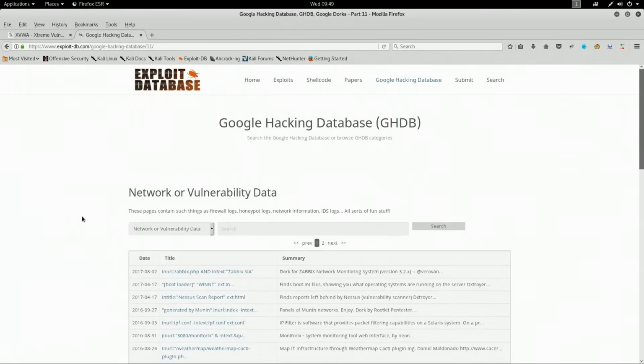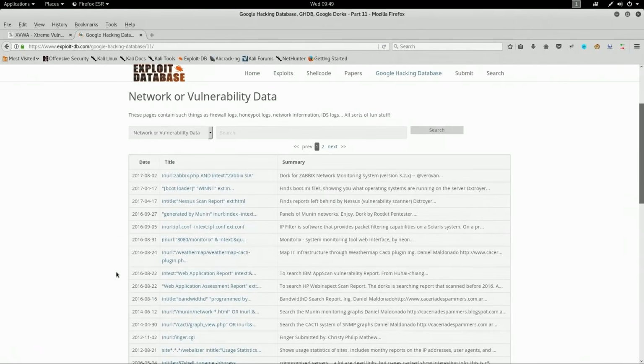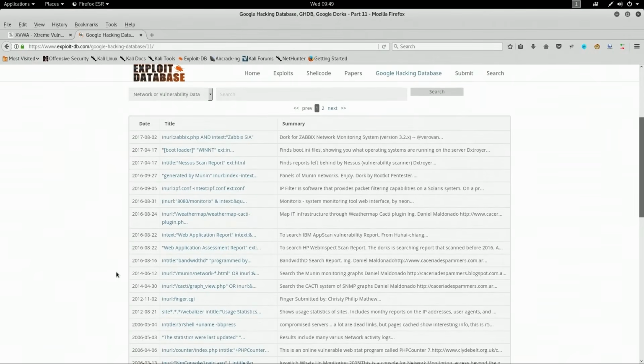Or vulnerability data. So here are some search strings that you may want to look for. Now, Google hacks are sometimes called Google dorks, and that's actually the search string